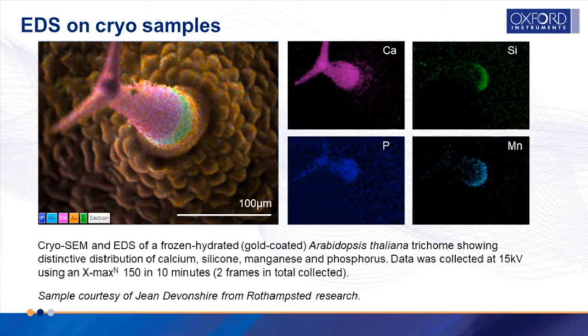So in this example, the sample was frozen, and it was imaged in its frozen hydrated state. It was also coated with gold to help with conductivity. And you can see in these samples the distinctive distribution of calcium, silicon, manganese and phosphorus. As before, this data was collected at 15 kV, and in this case the elemental maps are an average of 2 frames. And now I'm going to hand you over to Erin, who's going to talk to you about her